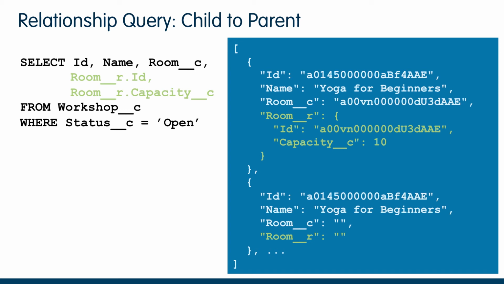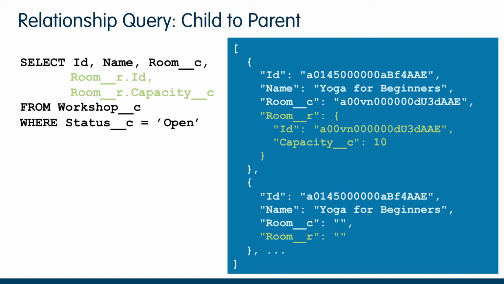So I've got the first workshop, Yoga for Beginners. The second one is another Yoga for Beginners, but with, I was going to say, a different ID, but I've just spotted a typo in these slides. They should have different IDs. So points to anyone who was looking at that going, you've got the same ID in the two of them, which wouldn't really happen. So we've got the two results, and we're getting the columns that we requested, ID,